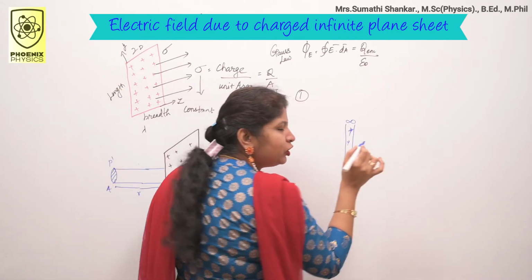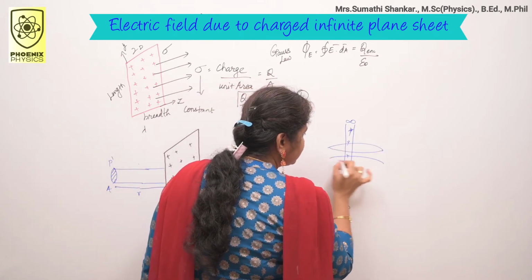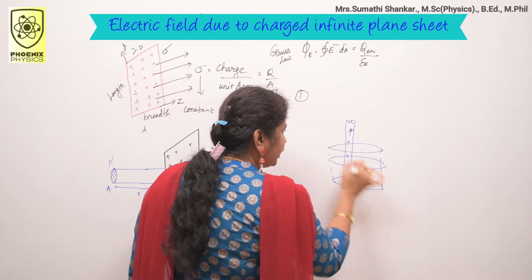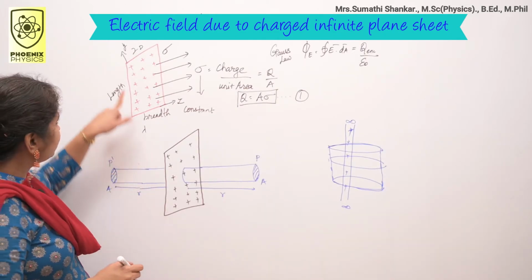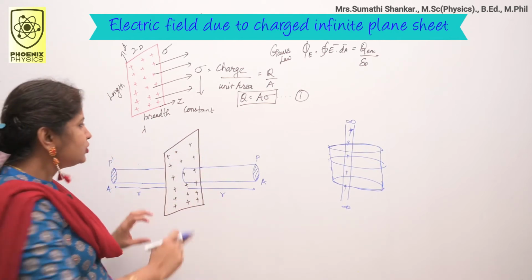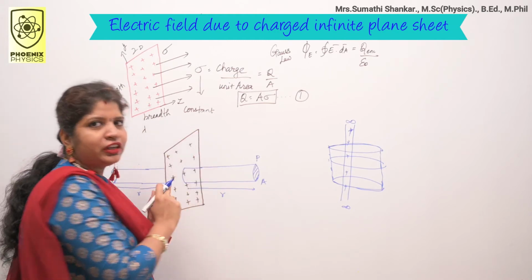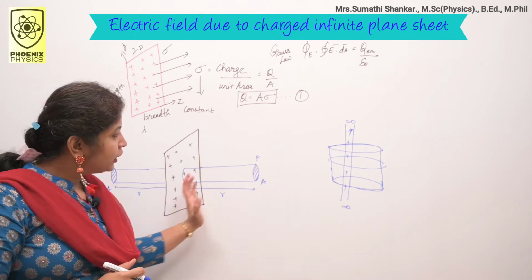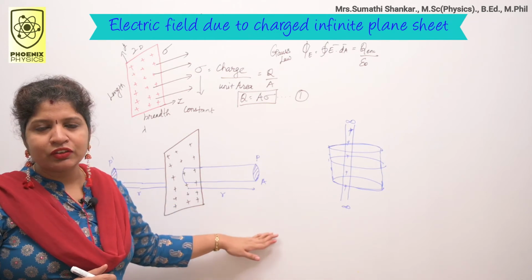How did you draw the Gaussian surface for this diagram? First you draw one circle, again a circle, another circle, then you connect all the points and you get a cylinder-like structure. This is the two-dimensional one. Here length and breadth are infinite. That is why I have drawn a cylindrical Gaussian surface in the middle. The plane is infinitely large, so the electric field is the same at all points equidistant from the plane and is radially outward. This is our conclusion.